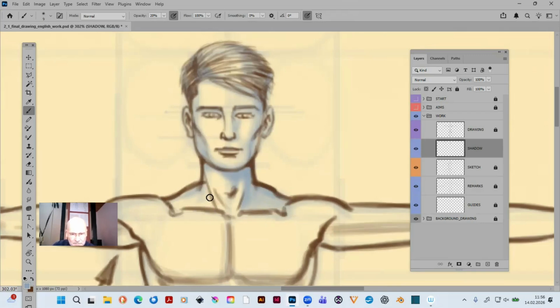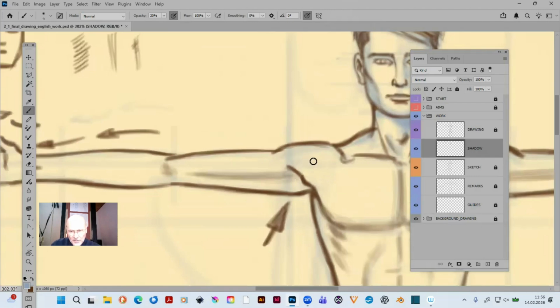Not so dark in this part. Here it's hard to decide, when the light comes from here, possibly we have a little bit here, but most of the shadow part has to be here. Here again, hard to decide. It comes from above. That means we have to sculpt out the deltoideus in this way, but make sure that you don't go too much into the dark blue. The dent is not so giant. Here we come to the shape of the biceps again,